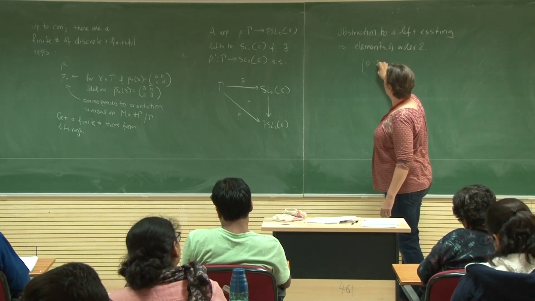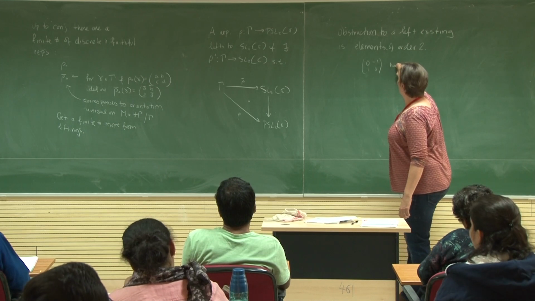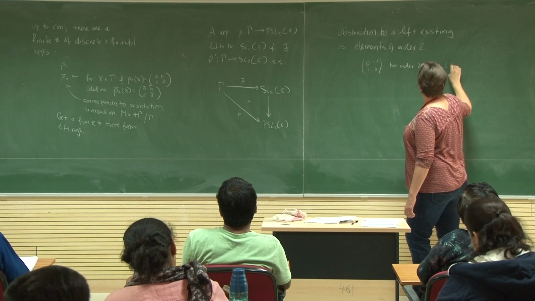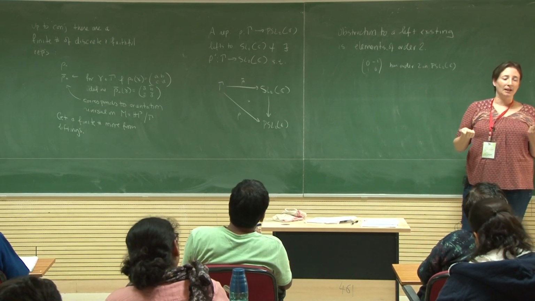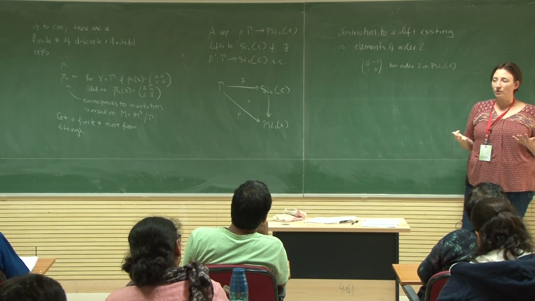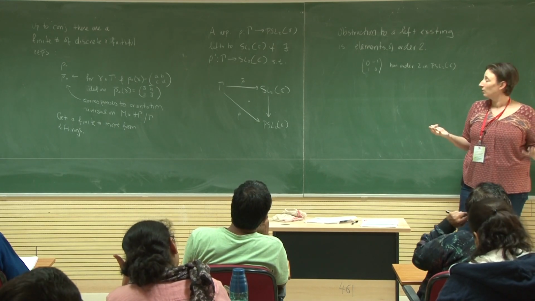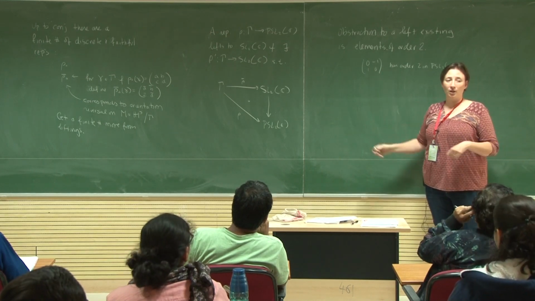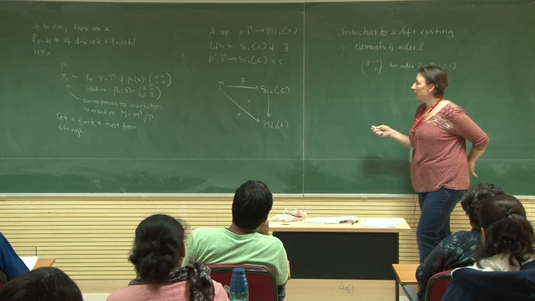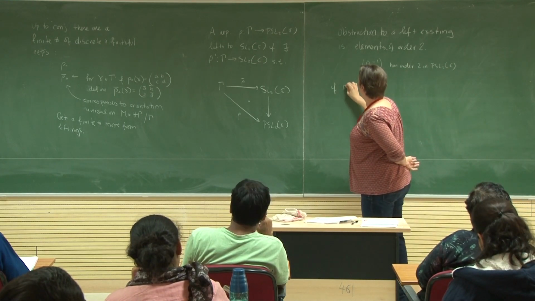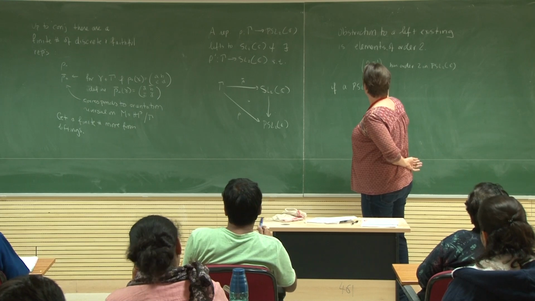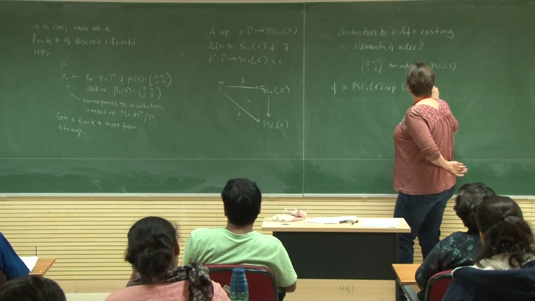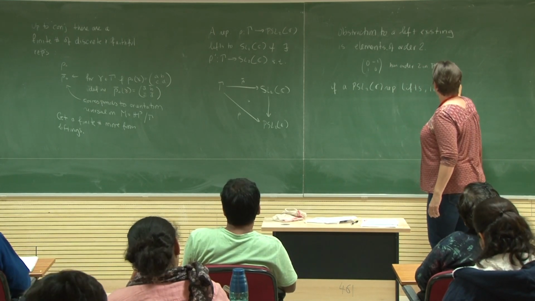So 0 minus 1, 1, 0 has order 2 in PSL2C. But in SL2C, the element of order 2 is negative the identity, and that's central. So if this isn't central, you have nothing, you can't do this. So this is the obstruction. So if a PSL2C representation lifts, it lifts,